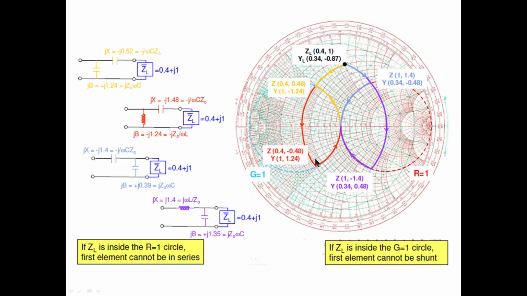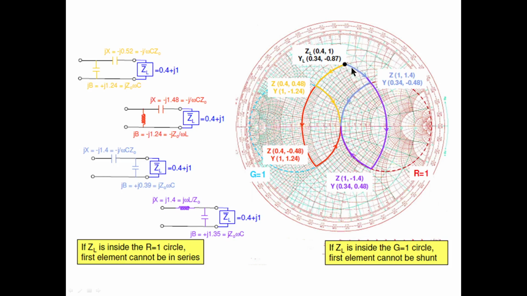Thank you. You see here in the L matching network, this is the load point. We saw in the previous class that there are many solutions we can have for a single load. All these four solutions can give an impedance match. Start from the load point and move to the center of the Smith chart. First you move over a conductance circle, and then you move over the resistance circle. That is one solution, this blue color one.